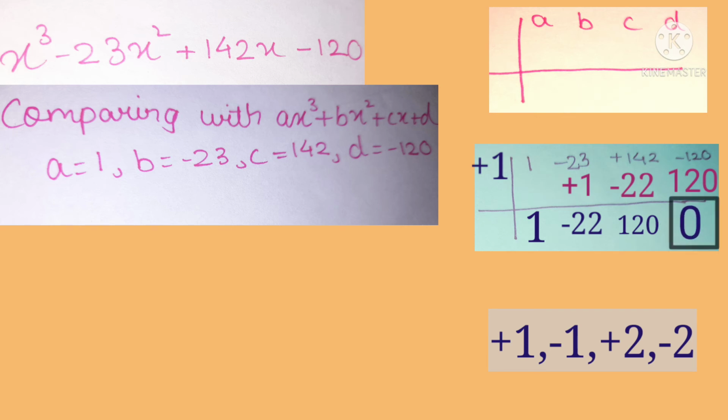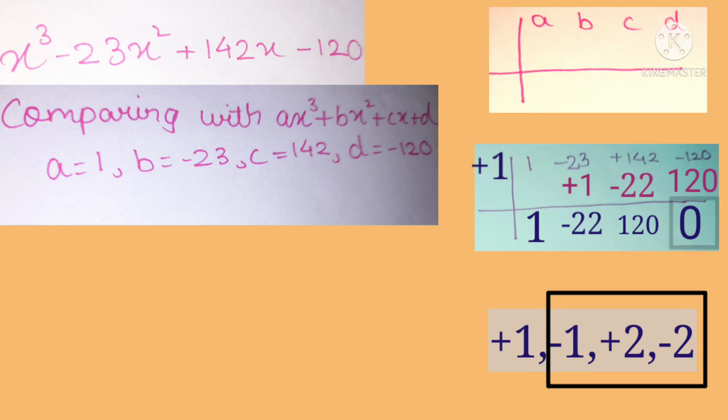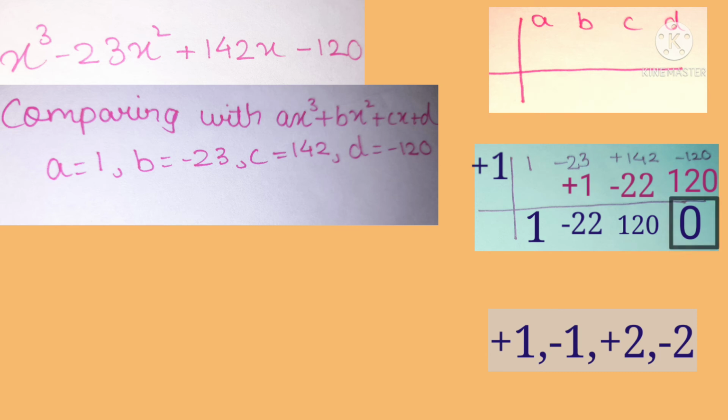If for the d term we got the answer 0, then the calculation part is almost completed. But if not 0, then the procedure continues with the other 3 terms, that is minus 1, plus 2, minus 2. In case you are trying each and every one of the 4 numbers, that is plus 1, minus 1, plus 2, minus 2, and still the 0 doesn't come, then we need to find the factors